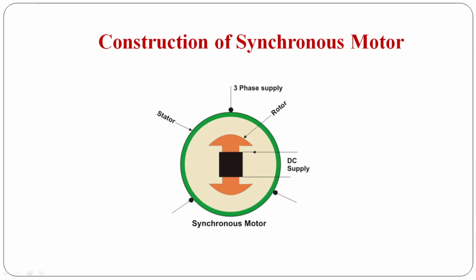This is the basic construction of a synchronous motor, where we can see there are two main parts: one is the stator and another is the rotor. To the stator we apply a three phase supply, and three phase voltages and hence three phase fluxes are induced, and all these three fluxes are displaced from each other by an angle of 120 degrees. When they are rotated, the magnitude is the same, but the axis is continuously rotating in the plane with a certain speed. That speed is the synchronous speed, 120 f by p, and to the rotor we are giving a separate DC supply.